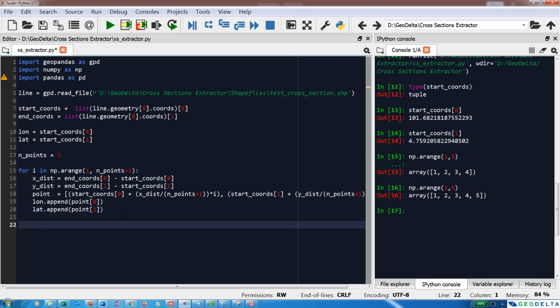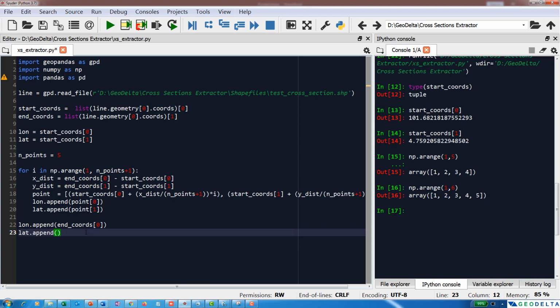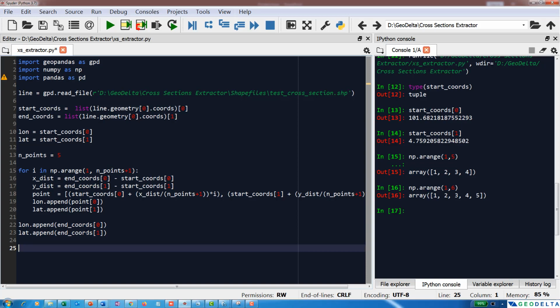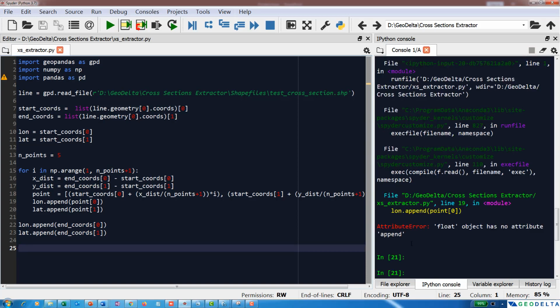So after everything is done, what we can do is we just again take this lon, now we are out of the loop, append, and now what we append is the longitude of the end coordinate, and similarly we take the latitude and append it with the latitude of the end coordinate. Yeah, now I can just run this one just to make sure that we don't have any errors for the time being. Yes, as you can see now,